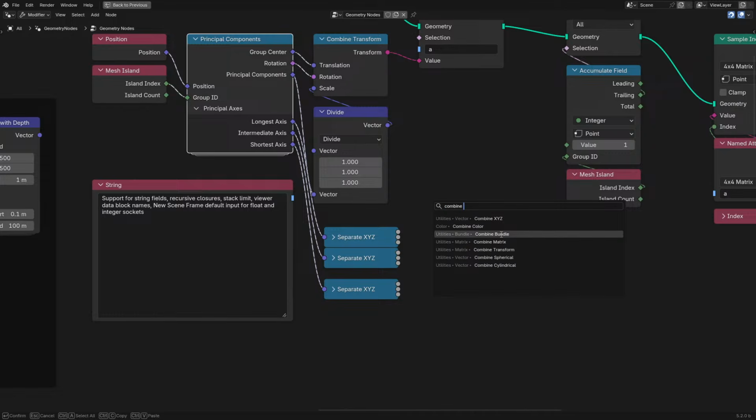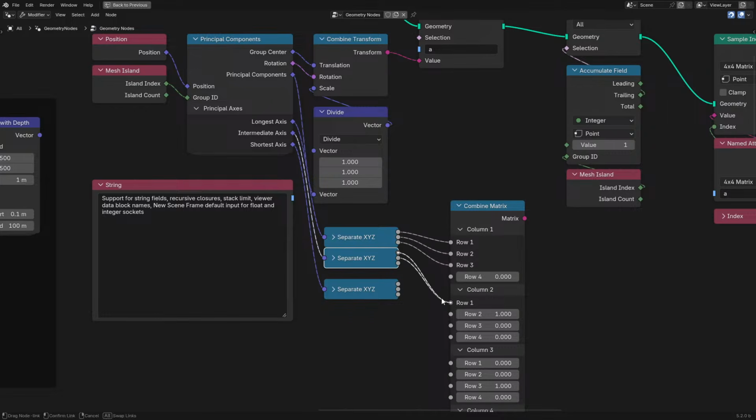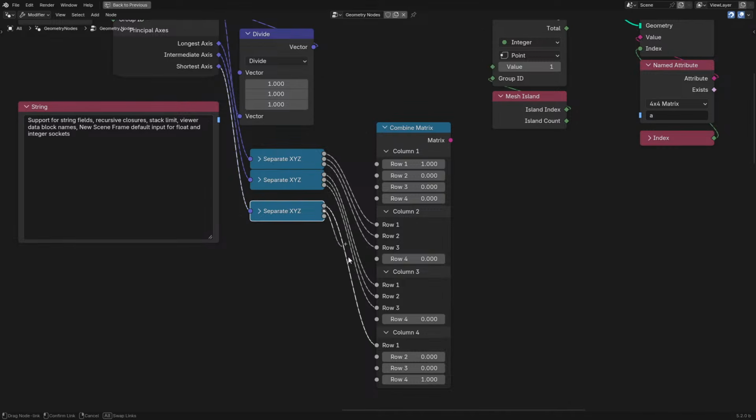Combined matrix. That one, that one. Hopefully I'm doing these in the right order, because that would be a major... No, I messed it up immediately, because I forgot the first one is the location. This one is the axis I want. This one is the axis... no, I keep screwing this up. This is very manual. I wish there was an option to make these vectors instead, but that would not work because there's the fourth input, which is not used in most